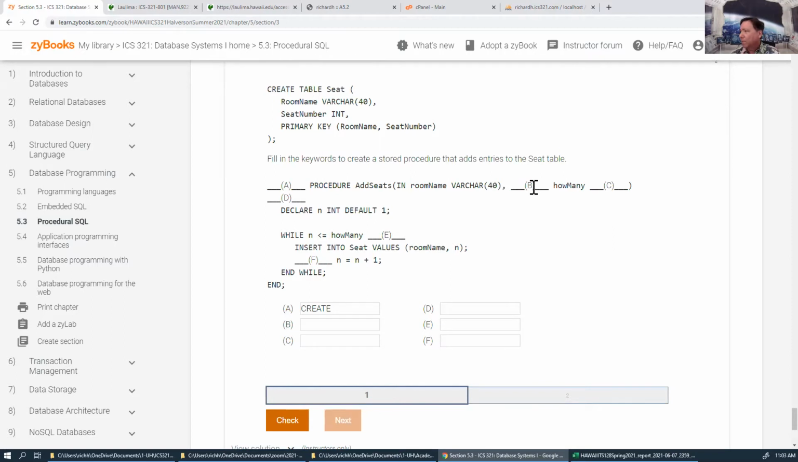This is either an in or an out. It must be an in. And C is how many, must be an integer, maybe. And D might be